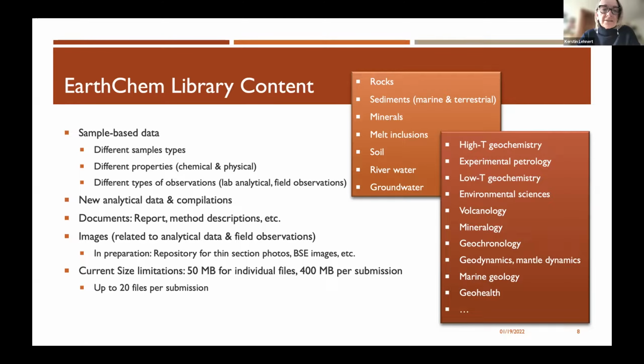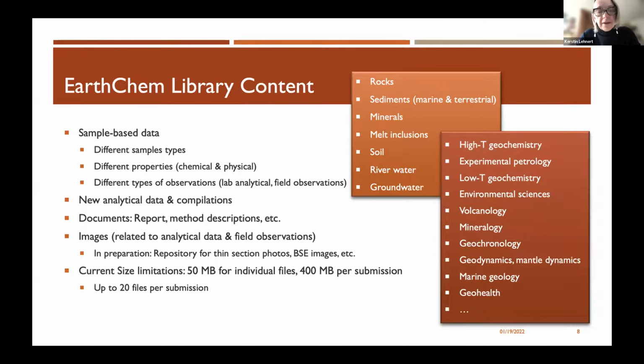But it's data from different sample types, data that pertains to different properties of samples, be they compositional, chemical, physical, and it's different types of observations, such as lab analytical data or field observations. We have primarily new analytical data that often is published in conjunction with scientific articles,